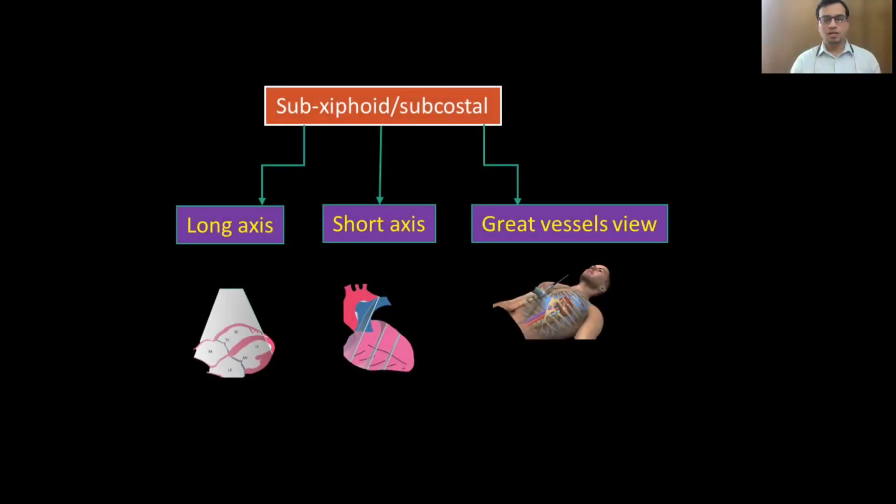Now we will discuss the subxiphoid or subcostal window, which has many advantages. There is no bone or lung tissue to obstruct our view of the heart. The subcostal window permits us to image the patient in supine position. Once you are familiar with the subcostal window, you will see that it is not only a substitute for the parasternal and the apical window, but that it is very, very superior to these windows. In addition, some pathologies can only be investigated from the subcostal approach.